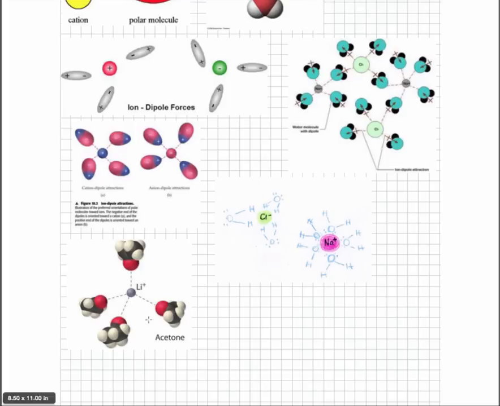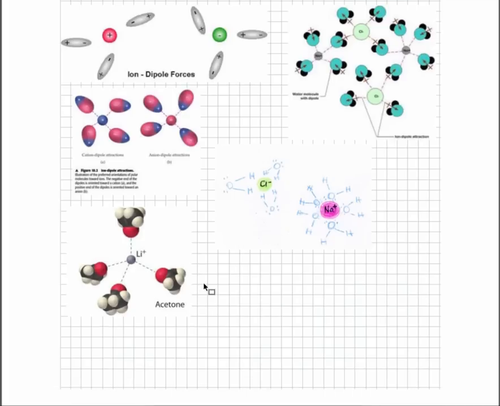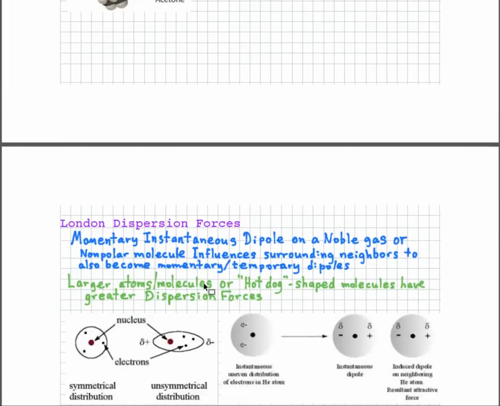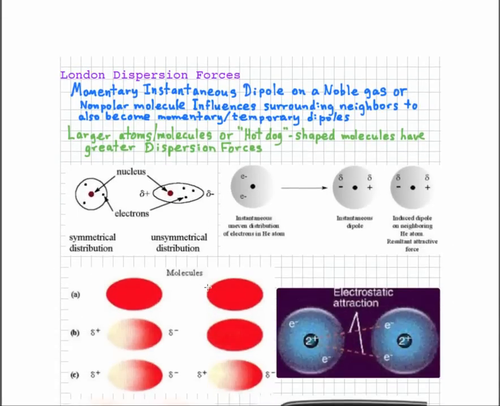Here's acetone, which is also polar. It's a dipole. So the negative side of acetone, the oxygen part, is attracted to the positive lithium ion. So lithium ions, lithium salts, lithium chloride, for example, probably dissolve pretty well in acetone. The last and weakest of interparticle forces is called